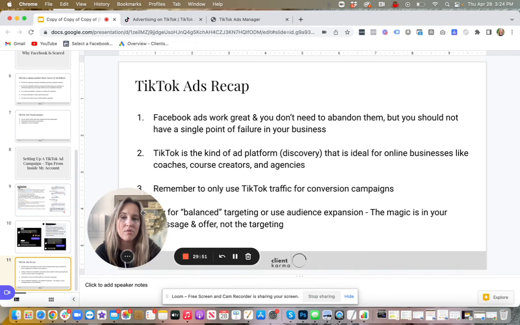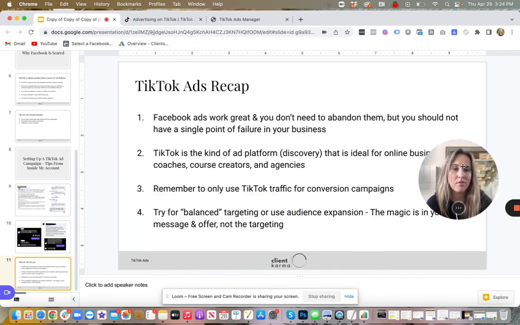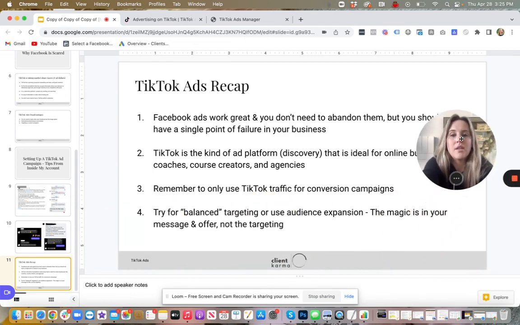The magic, though, just to be honest with you, is in your offer, not the targeting that you choose. As long as you are pointing any ad platform in the right direction, if you have an offer, a message for people that they want, that solves a problem for them. Everybody talks about what's the result you're offering, and that's true.